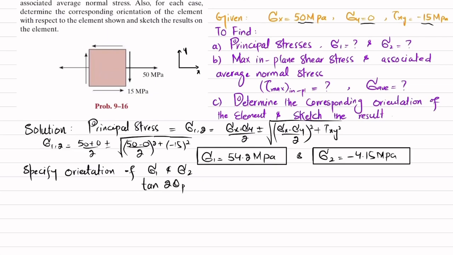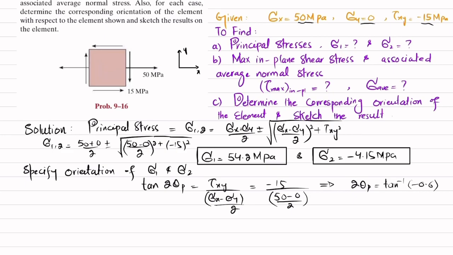So we know that tangent of 2 theta p1 or 2 theta p is equal to tau of xy divided by (sigma x minus sigma y) divided by 2. So put the value minus 15 divided by (sigma x is 50 minus 0) divided by 2. So from here you will get 2 theta p is equal to tangent inverse of minus 0.6,